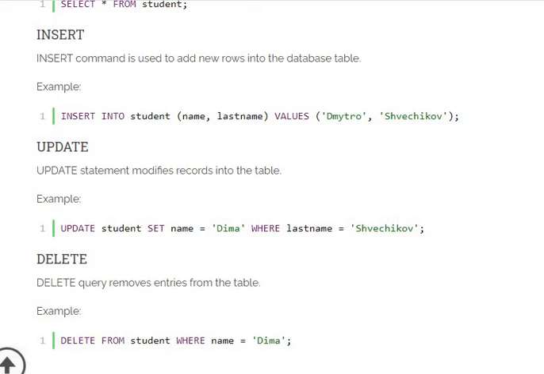Here we have an example. We are inserting data into the student table, only two fields, name and last name. You need to specify those fields within parentheses. And what about the remaining fields? Yes, for the remaining fields you can set the data with the help of update later. So we have the update command and also the delete command.